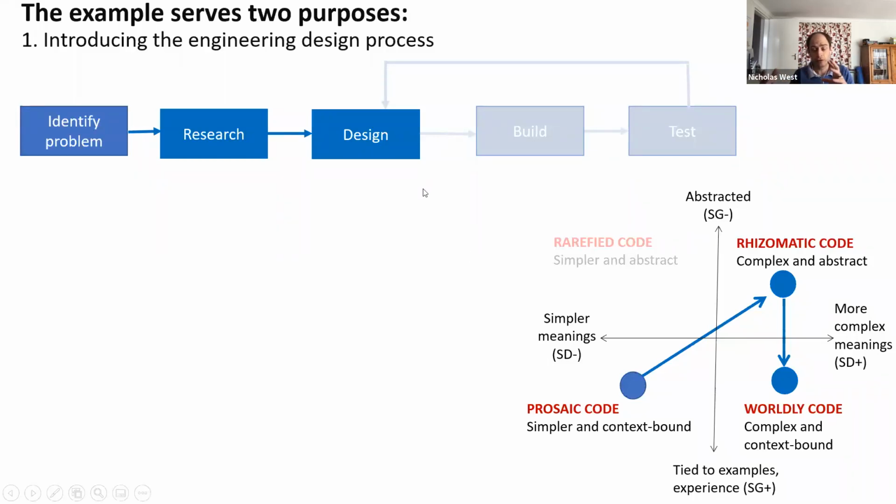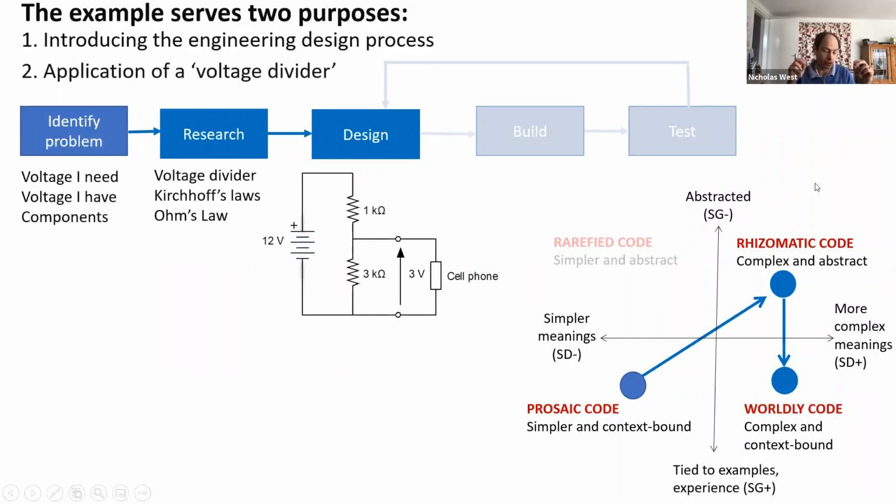Then, at the second level, I guide students towards a research stage, which is, of course, located within the rhizomatic code, where one starts identifying complex and abstract theories, principles, models that can be used to solve this cell phone charging problem. Finally, the tour is concluded by moving the students from the rhizomatic into the worldly code, where these complex theories and models are brought to bear within the specific engineering problem at hand. Values are calculated, components are chosen, and a design solution is